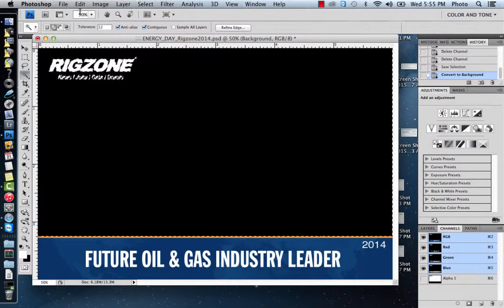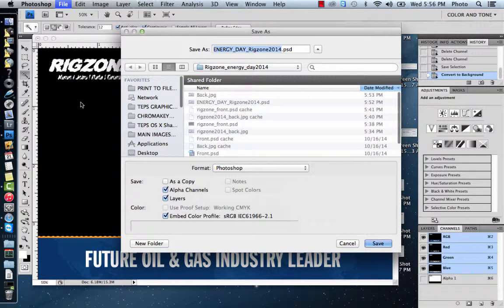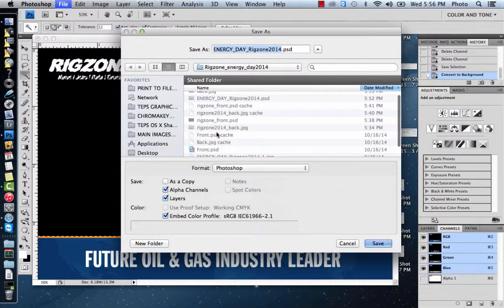Alright, so now I go up to save. I'm going to do save as because I already have this file in there. I'm just showing you how to put it in there, and you want to always make sure it's in the Teps graphics folder. And I created this one. It's called Rig Zone Front. It's Rig Zone_front, and this time we're going to save it as a Photoshop document, and we need